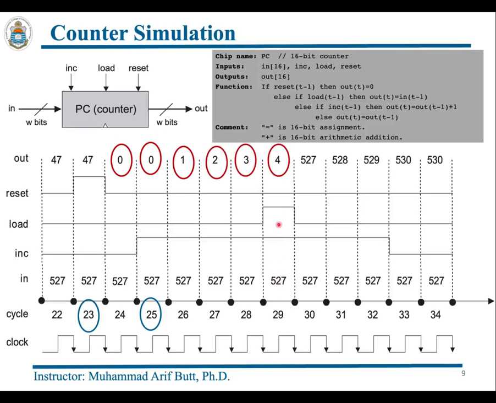So let's understand this cycle 29 now. So at cycle 29 we have the increment as 1, we have the load as 1 and the reset as 0. So since the load value is 1, this 527 over here will be loaded in this register and will be available on out in the next cycle. So you see